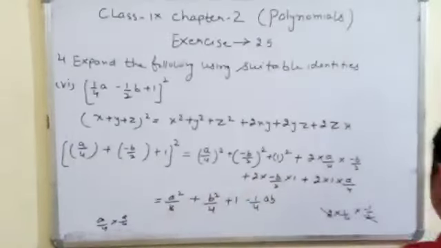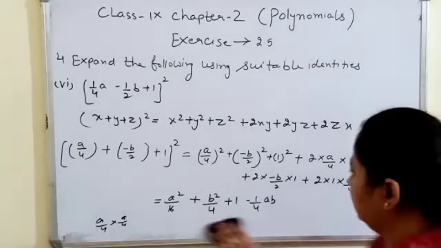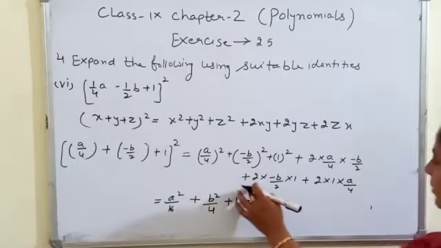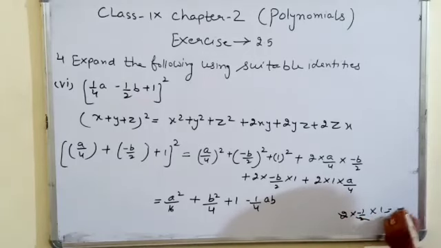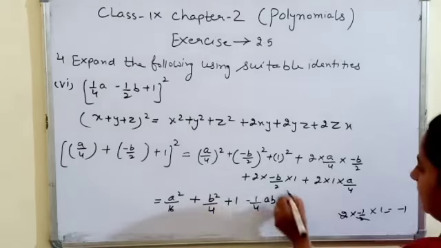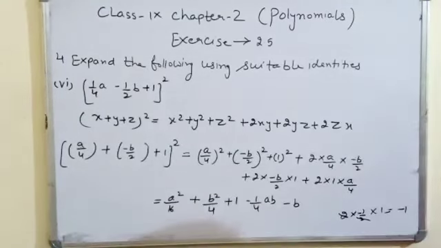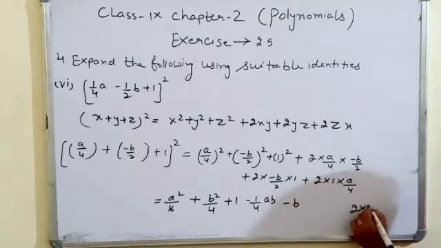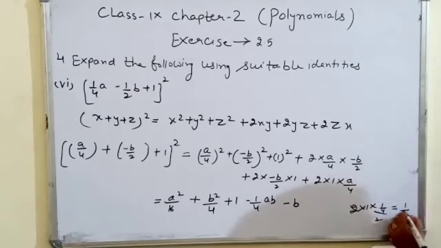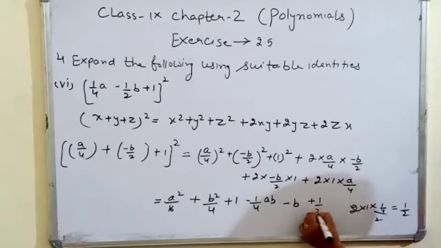And for the next, check, 2, minus 1 by 2, 1. So 2 is cancelled by 2. Result is the minus 1, minus 1b. And for the next, 2, 1 and 1 by 4. Cancel these 2 by 4. What is left? 1 by 2. 1 by 2 a.